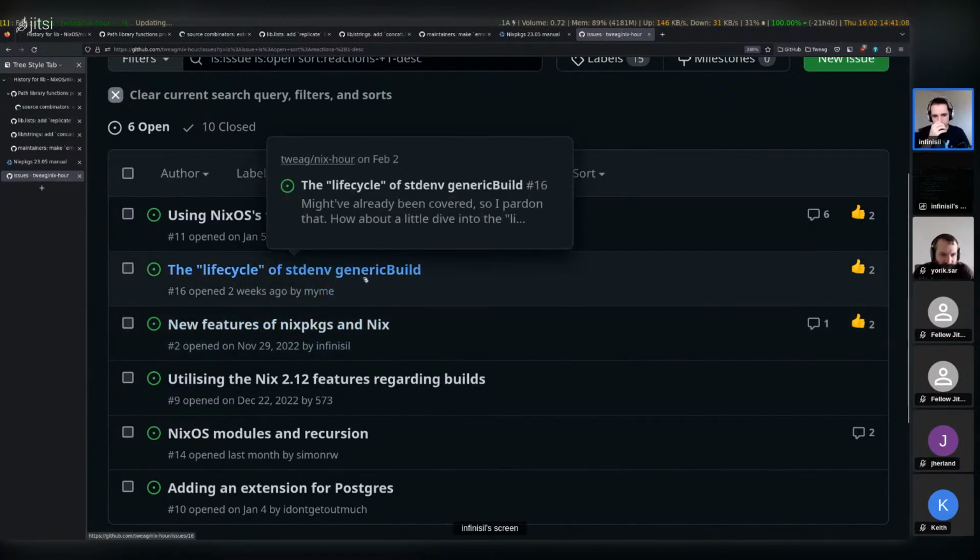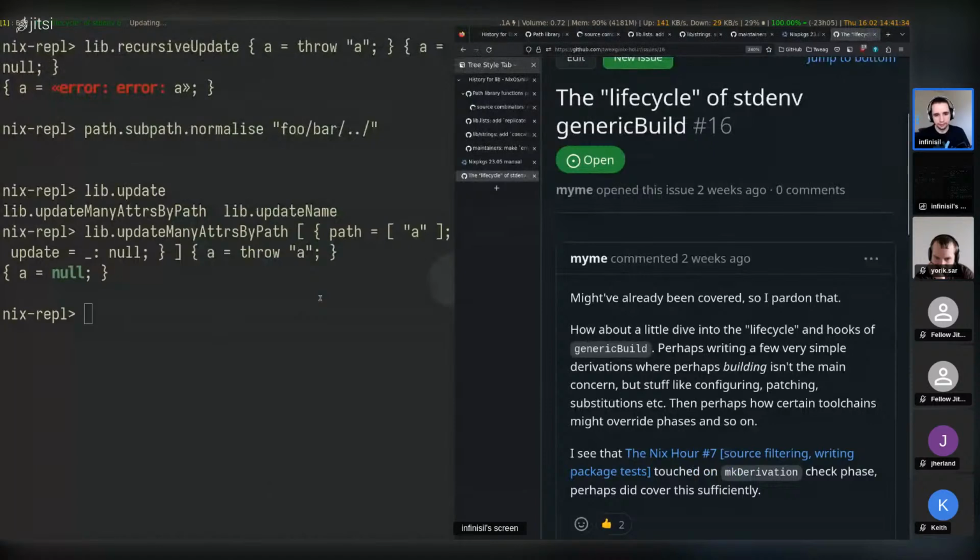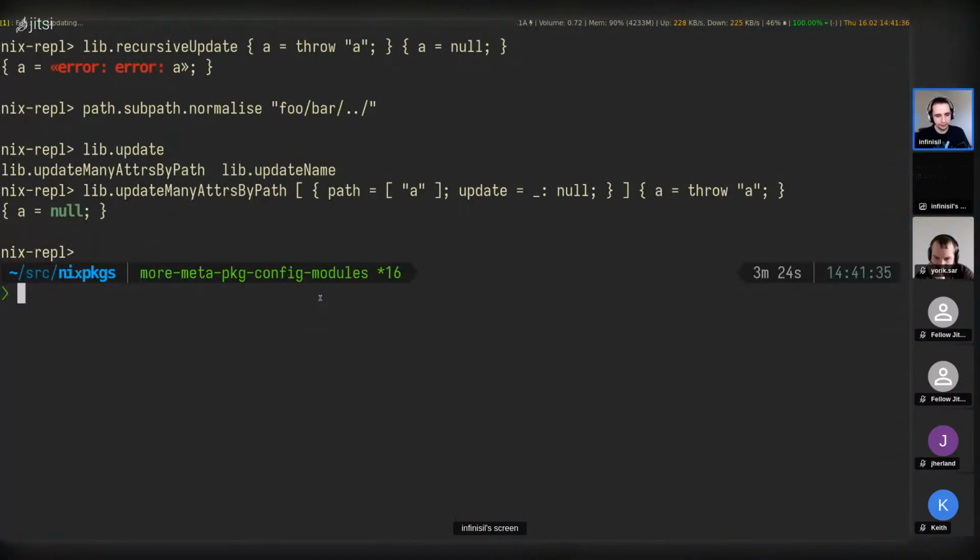We have 20 more minutes. How about looking at this issue as well here? So, lifecycle of generic build. That's lifecycle hooks of generic build, writing some derivations where building is the main concern: configuring, patching, substitution. Yeah, phases. So how that works, let's go for a very simple